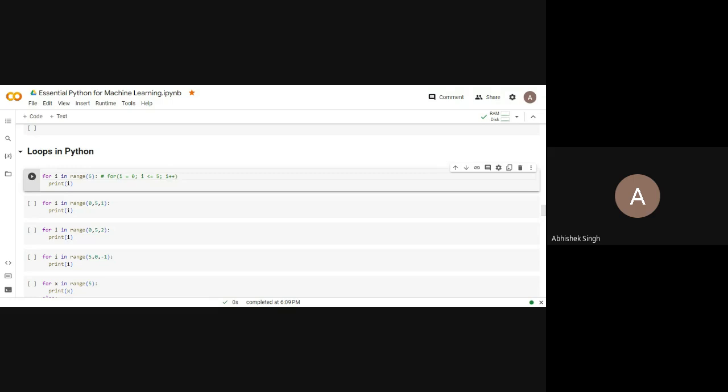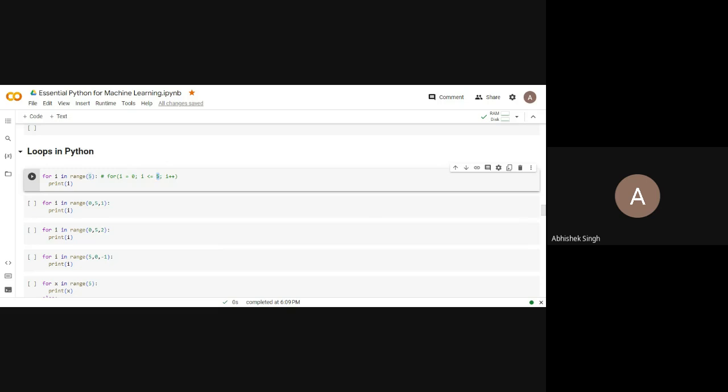This is the syntax of the C language for statement. So here I have written i, and the range of i is from 0 to 5.